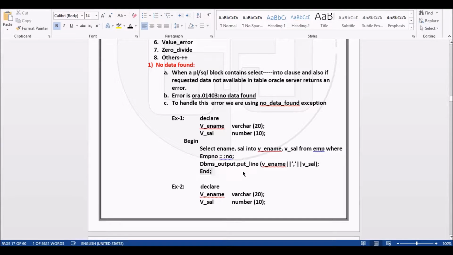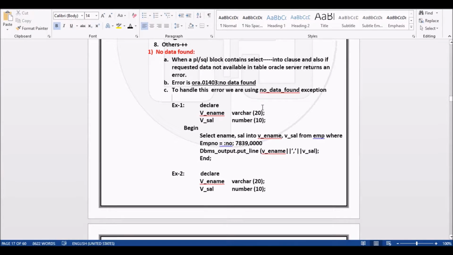Suppose here 7839, the employee number of King. Then it will display the employee name, King, and his salary. Suppose we enter 000, which is not present in the EMP table. What will it return? It will return the error no data found.